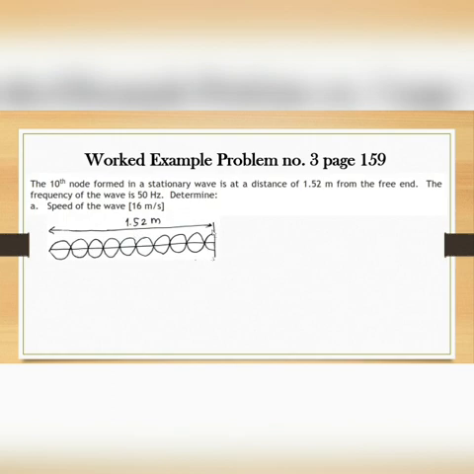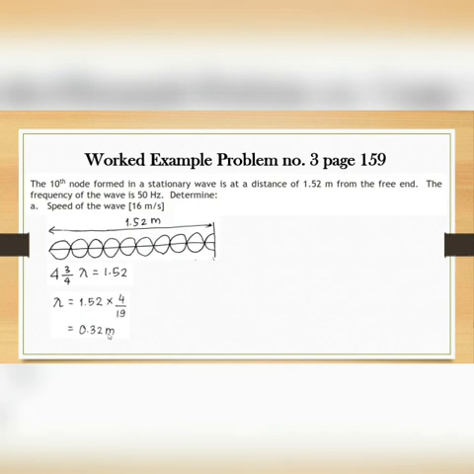And this will be how many lambdas? 1 lambda is 2 loops like this. So from this point to that point is 1 lambda. 2 lambdas, 3, 4, and from here to there is 3/4 lambda. So total we have 4 3/4 lambda, and it should be equal to 1.52 meters. So here I can find that lambda is equal to